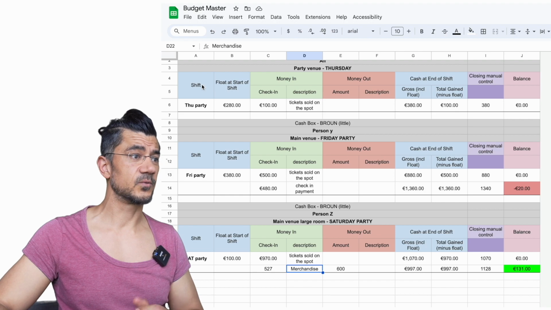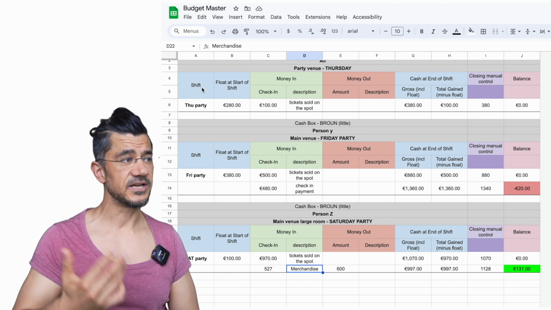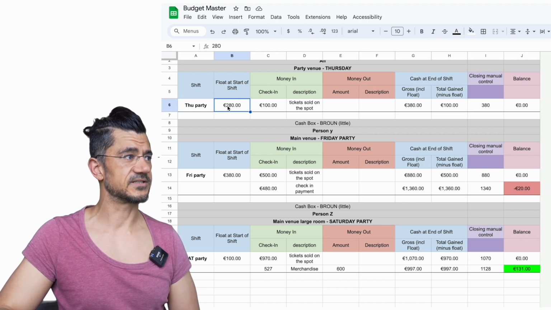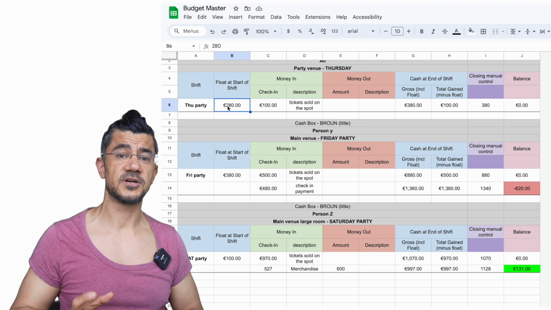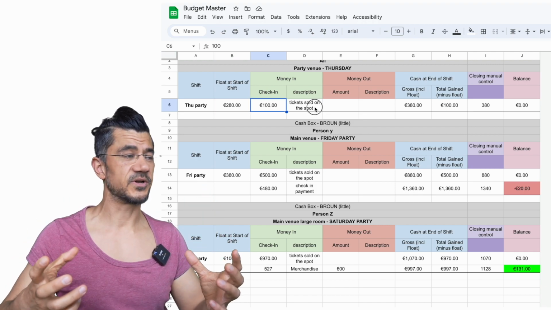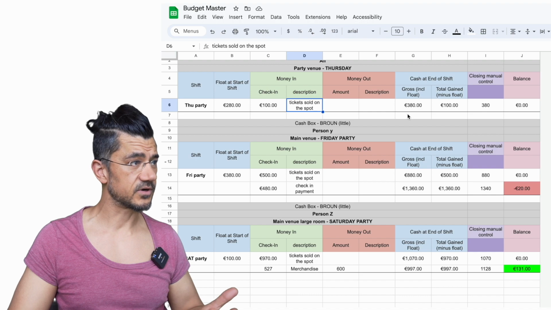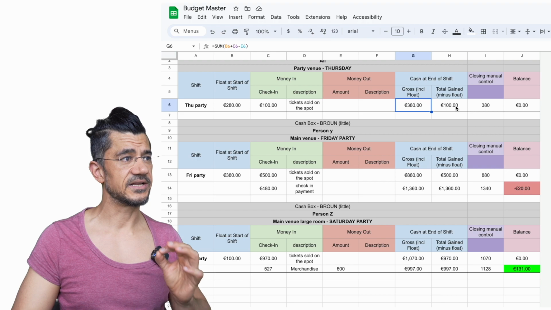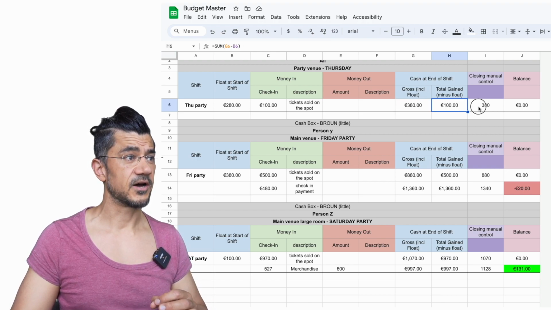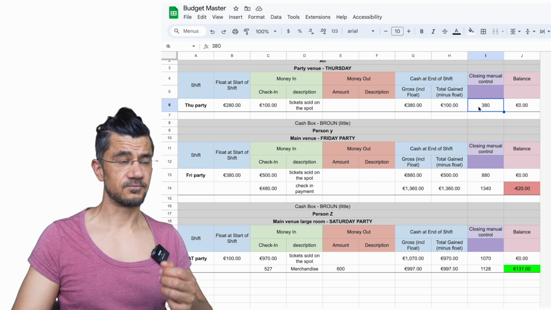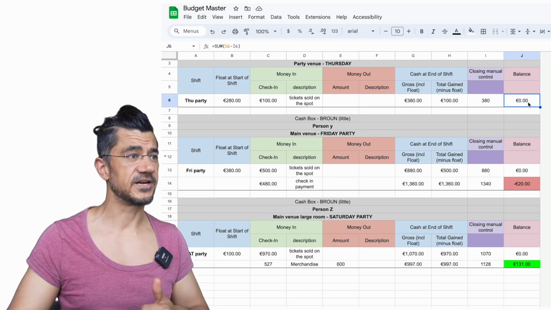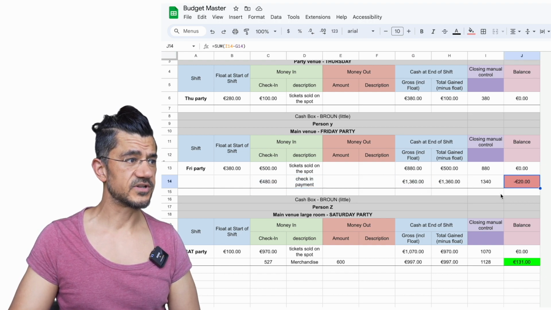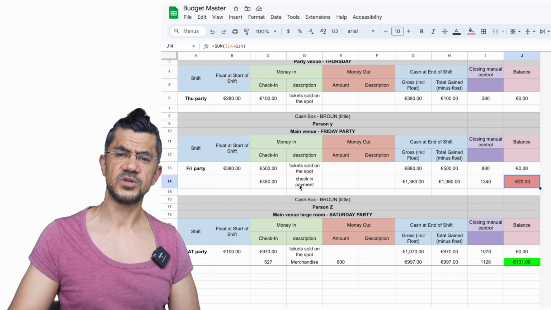And the same thing with venues. So, for example, for each venue, ideally for each shift, you do the same thing where you clearly track which event is this, what's the starting float, what's the starting money that was in the cash box when you opened up, and then how much money came in for whatever reason. And then when you close it, you have an understanding. Okay, I have 380 euro, 100 of that is new money, and you manually count it again. You have 380 euro, fantastic. Your balance is zero. But also here, you've taken some payments and you realize 20 euros is missing.